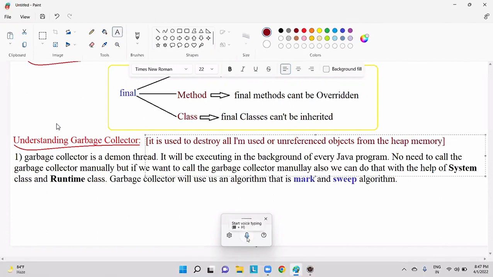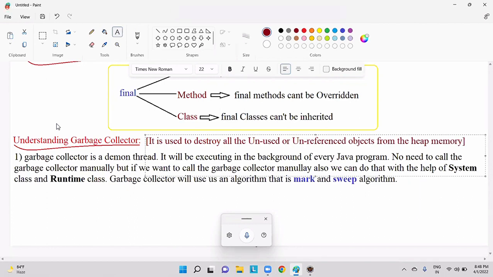Guys, did you remember that? We already discussed that. Garbage collector is used to destroy all the unused or unreferenced objects from the heap memory.